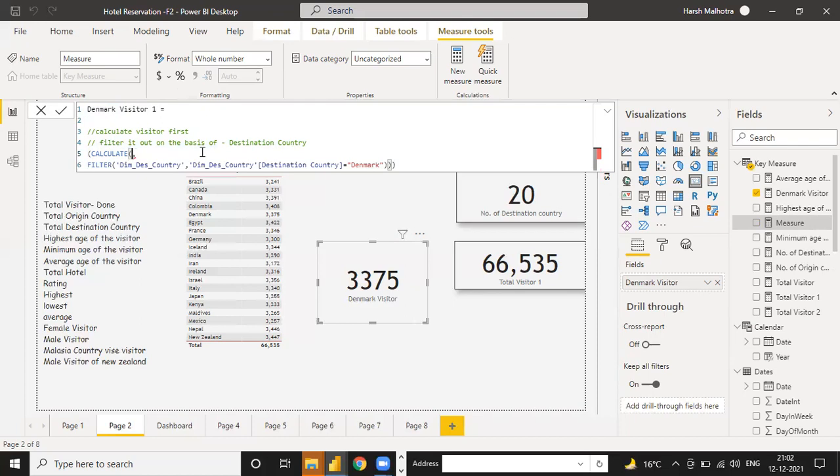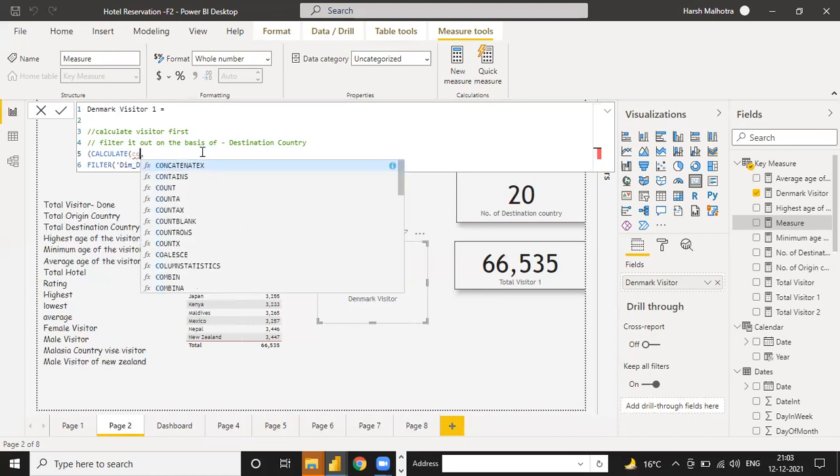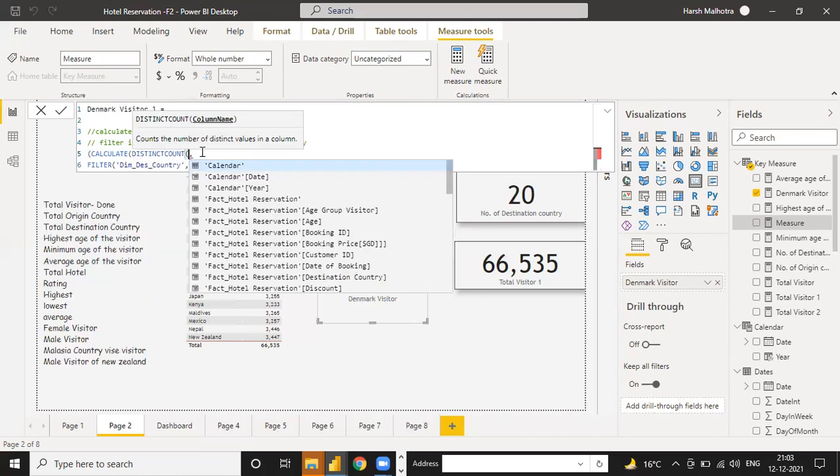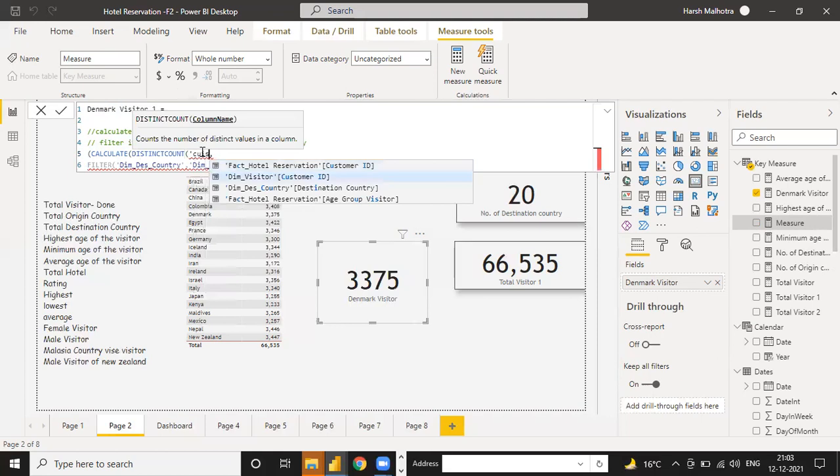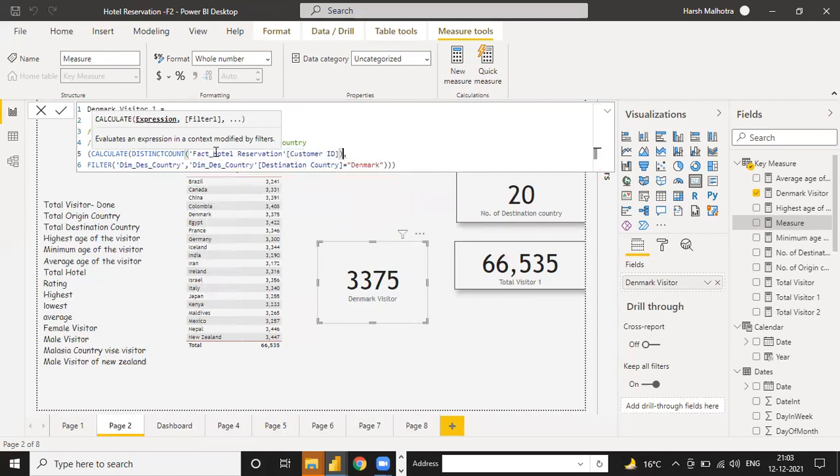Earlier, what was the function of total visitor? Visitor count means, we used count, or distinct count. You can use count or distinct count. Distinct count, and the column name you have to use is your customer ID. So this value will give you the total visitor.